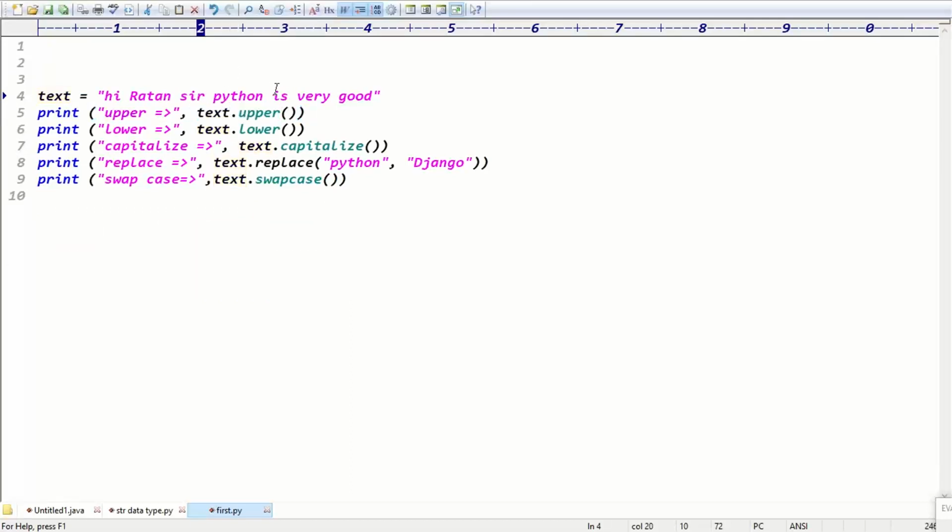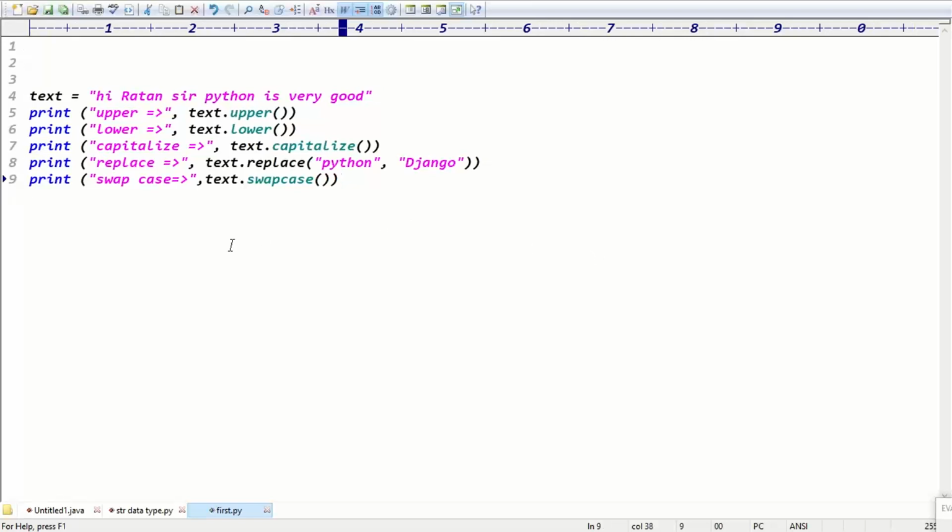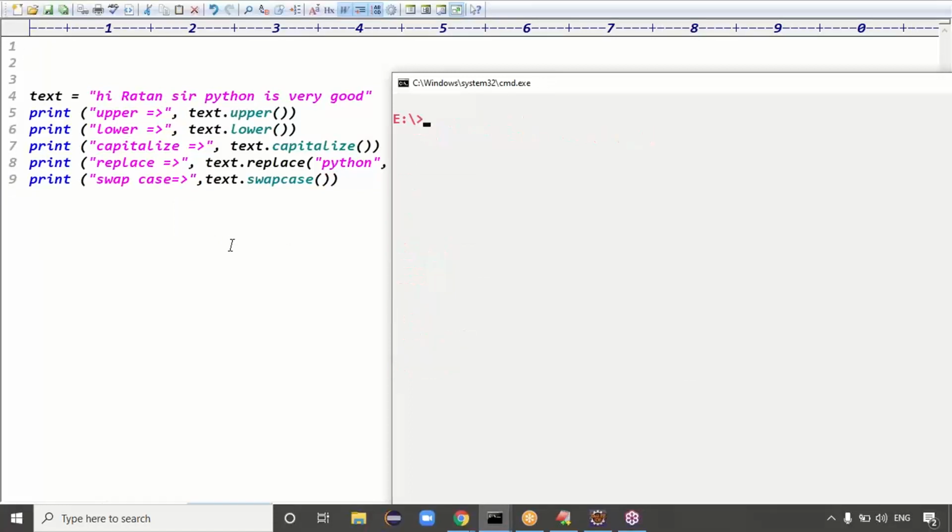Hi, Ratan sir, Python is very good. Guys, Python is good or not? Guys, when compared to other languages, maybe some other languages, I think Python is a flexible or not. Yeah, Python is easier, difficult. Easy, sir. Easier, who knows? Easy, sir. Easier. Sure, huh?